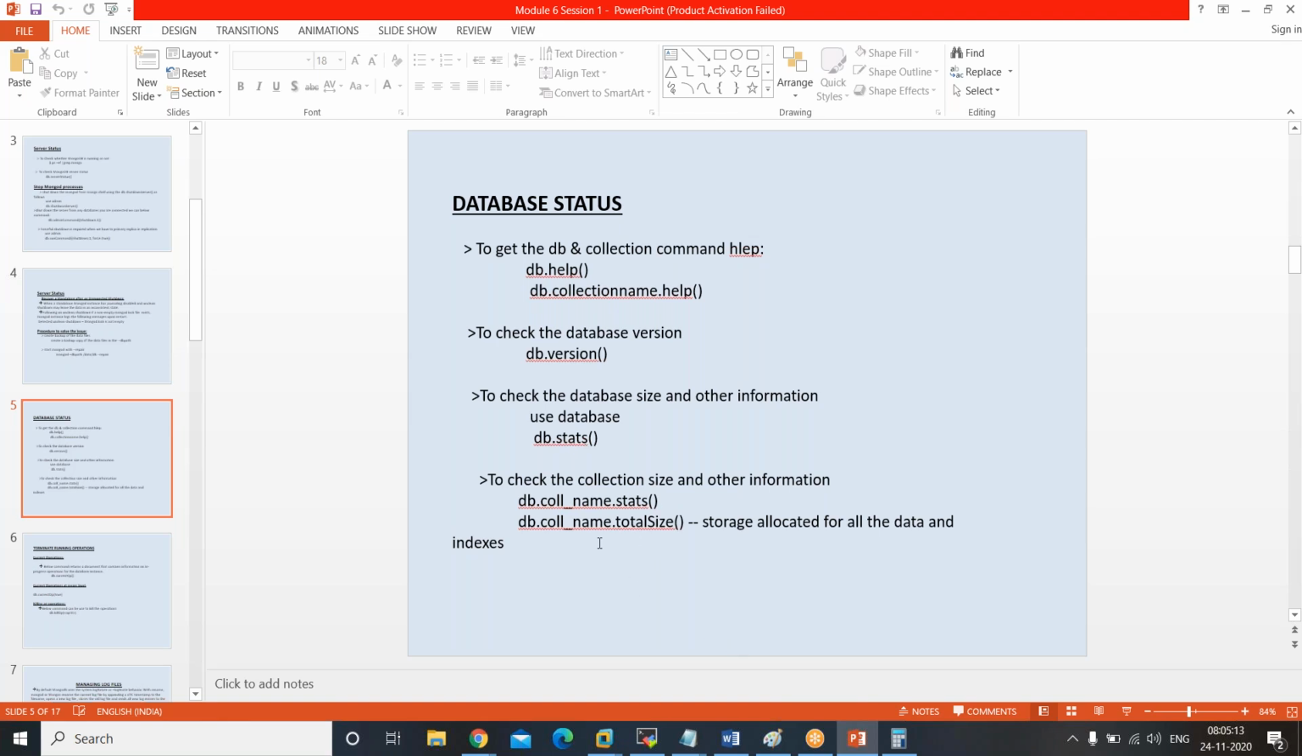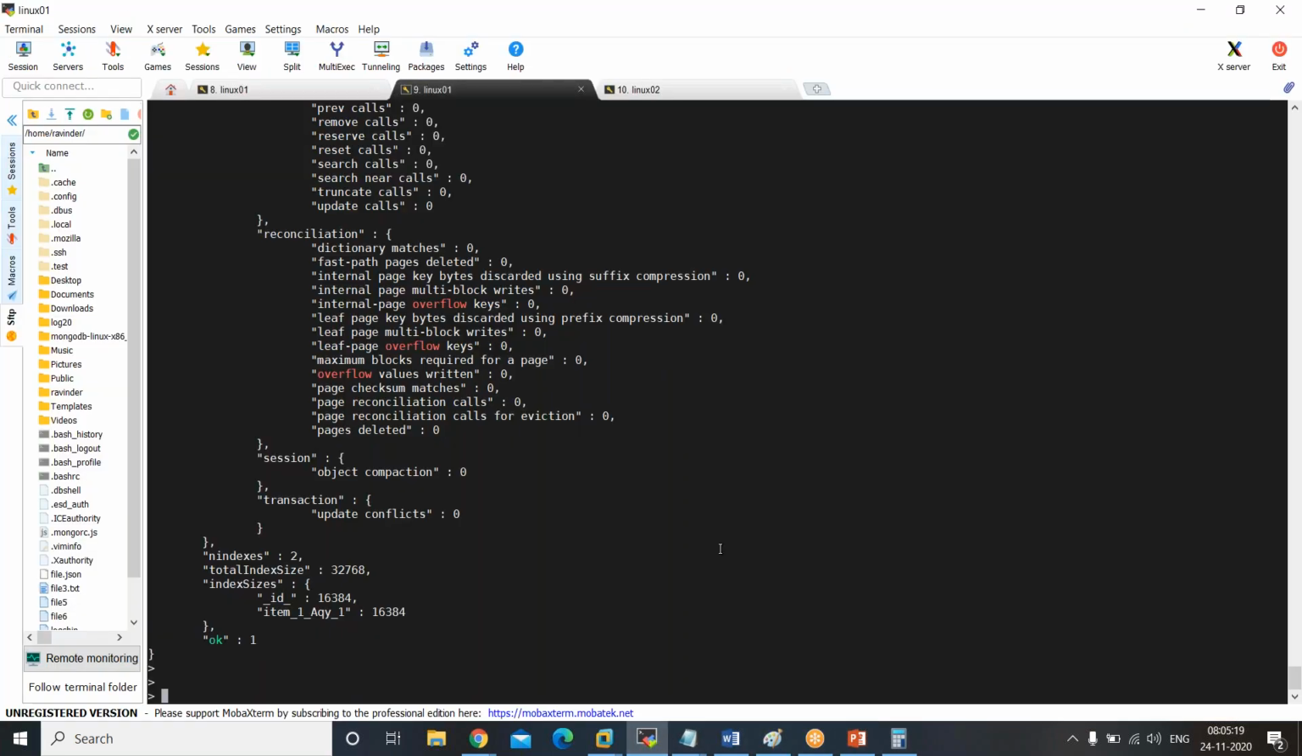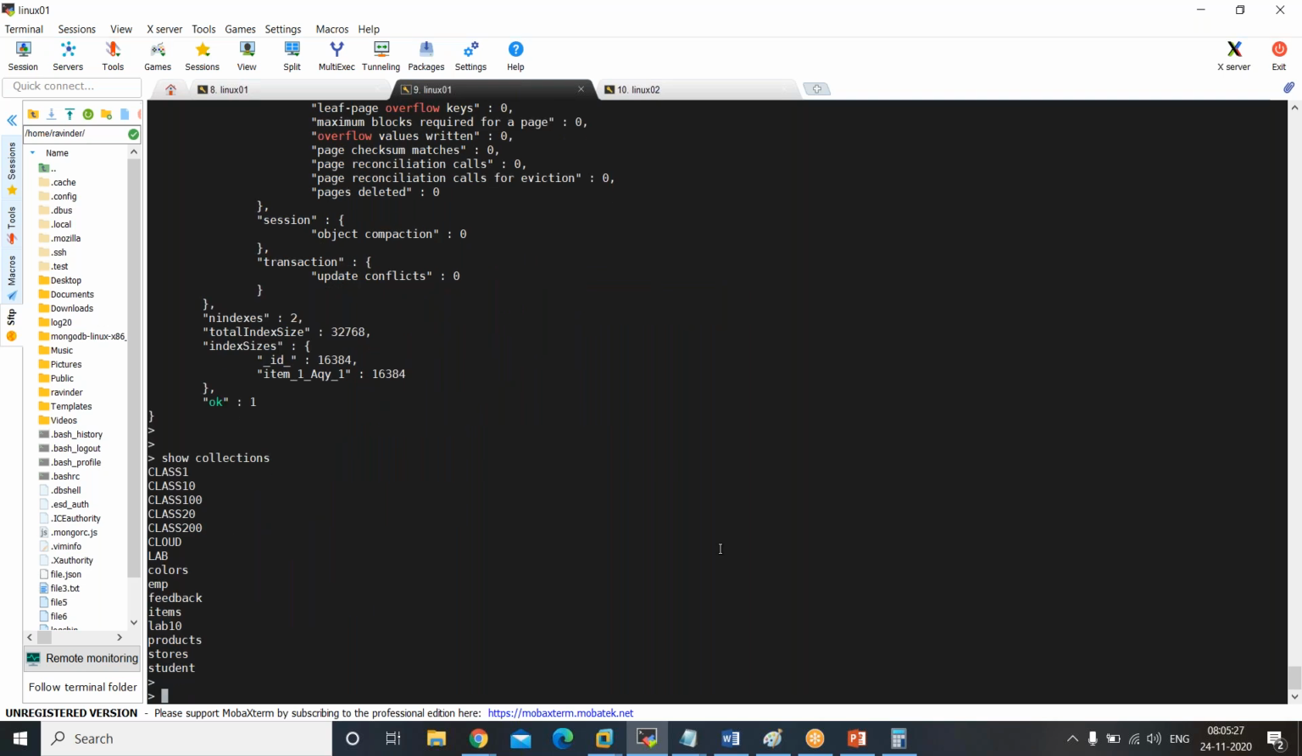Collections. Collection stats: total size, index size, data size, I talked about already. In a collection, we have multiple things. db.collection, any collection if you take it, we have three things to look at. It will help you somewhere at some time, that is why be careful. So db.cloud,